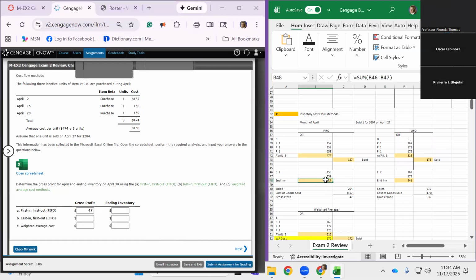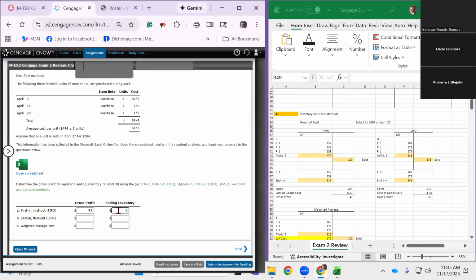So there are 2 left because only 1 sold. We had to figure out which one of these we were going to use for the cost of the one sold. Since we're using first in, first out, that's the first purchase that we make, so that becomes the cost for the items that we sell. Once again, ending inventory becomes those last 2, 158 and 159 added together,